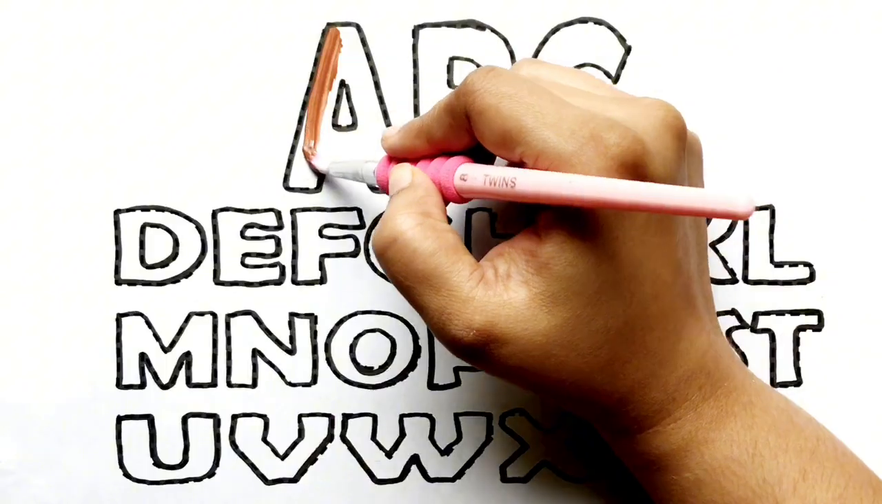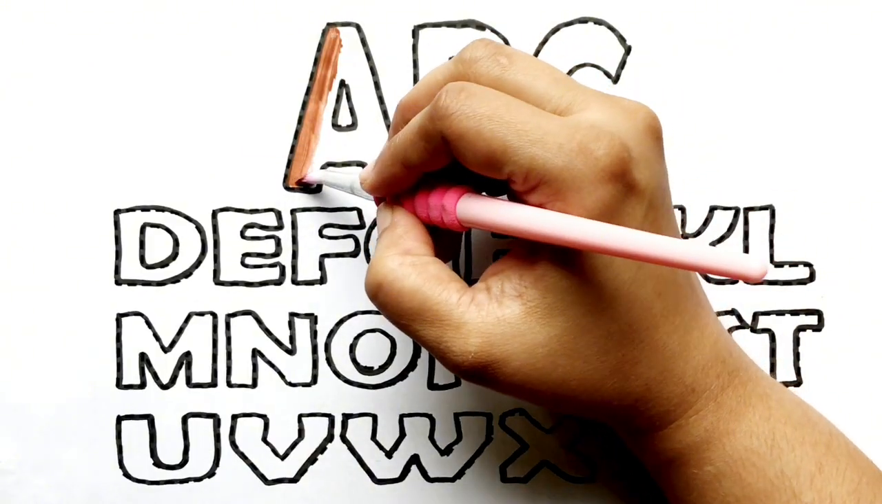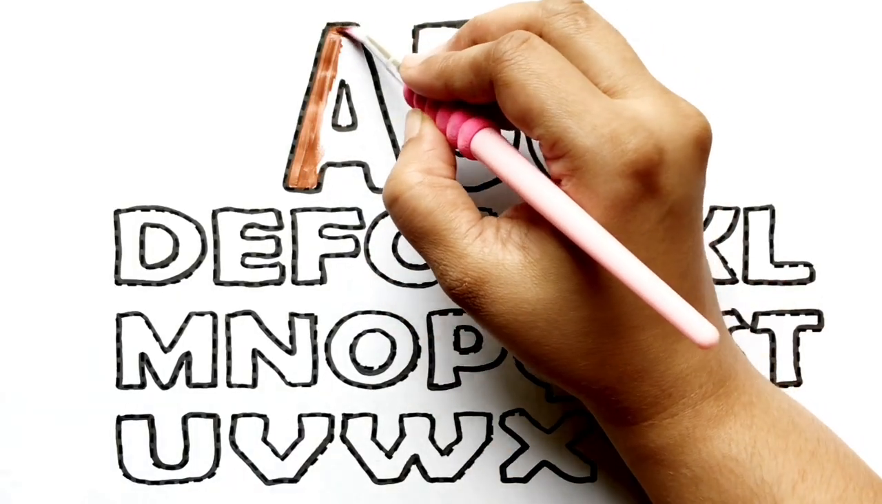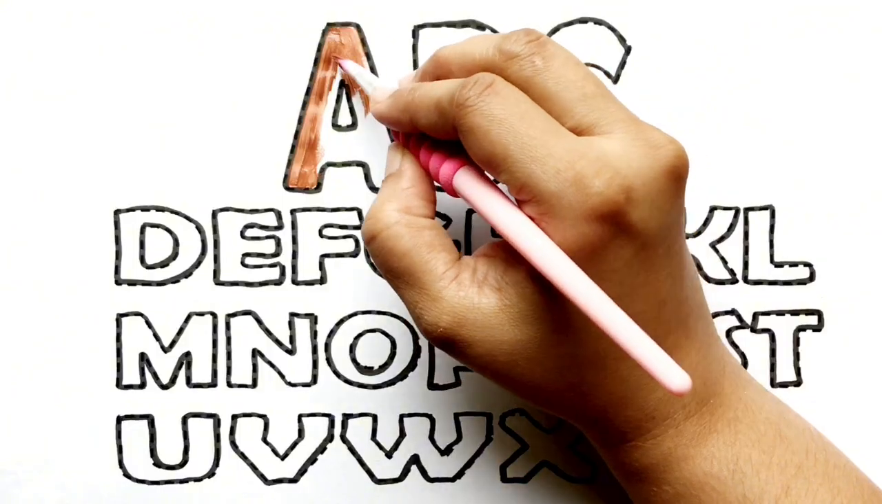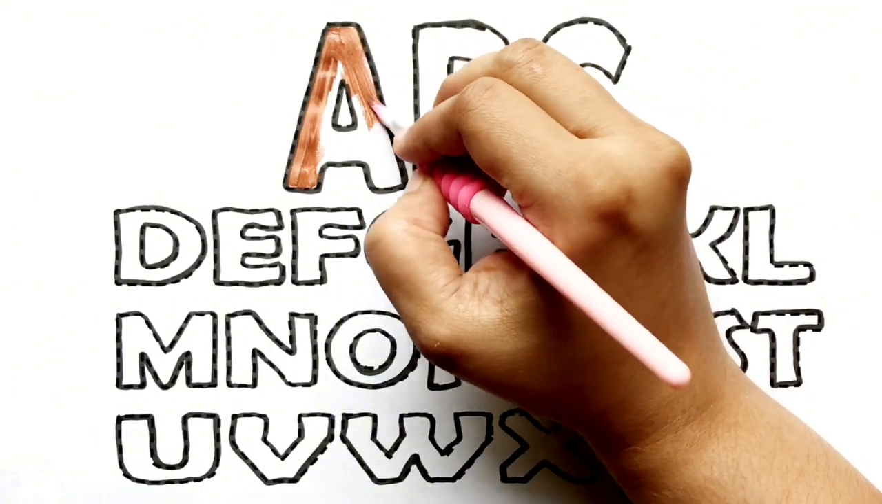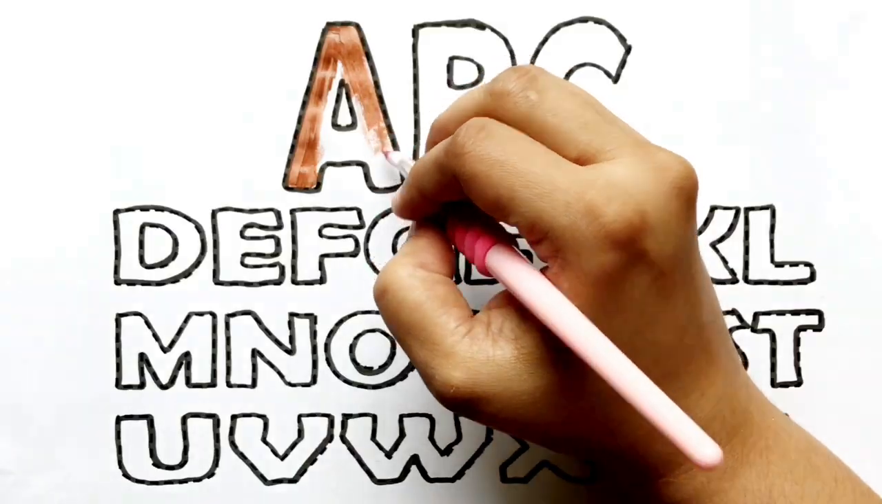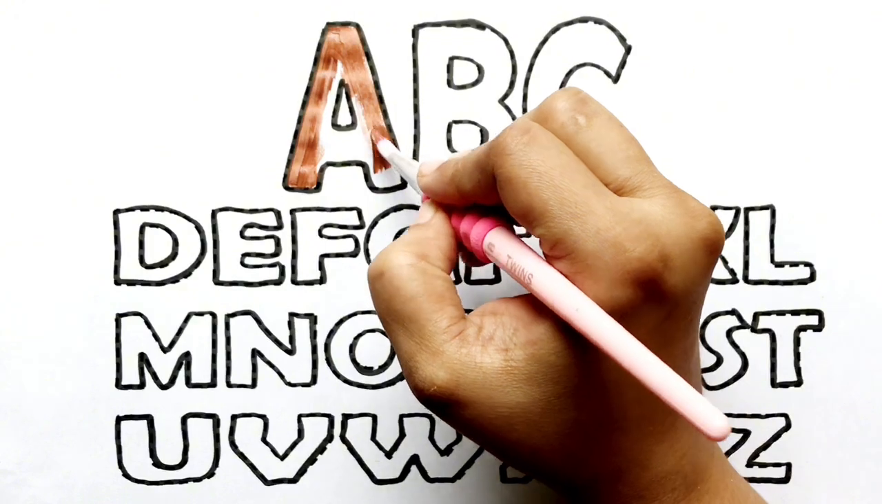Brown color, uppercase letter A. A for apple. A, B, C, D, E, F, G, H, I, J, K, L, M, N, O, P, Q, R, S, T, U, V, W, X, Y, and Z. Now I know my